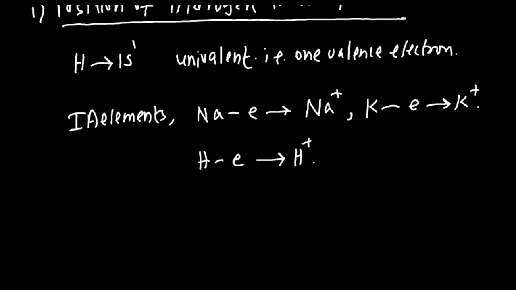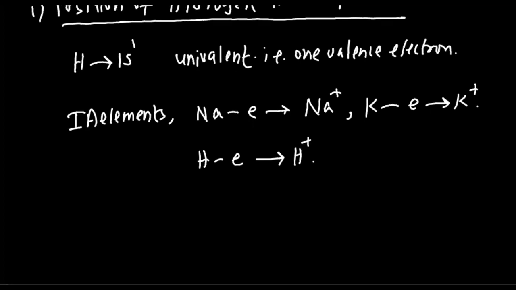There are many other reasons, like they have strong reducing properties, they can form stable oxides, and their electron affinity. These are the reasons for which hydrogen was placed in group 1A. Among them, these two are very important.